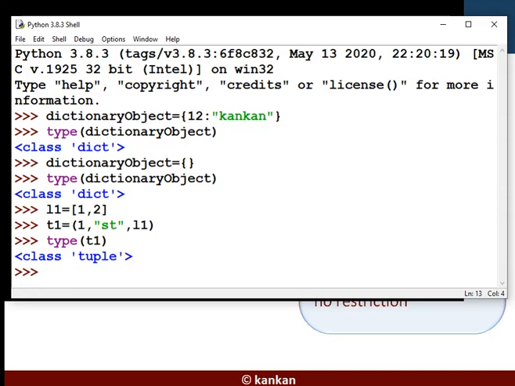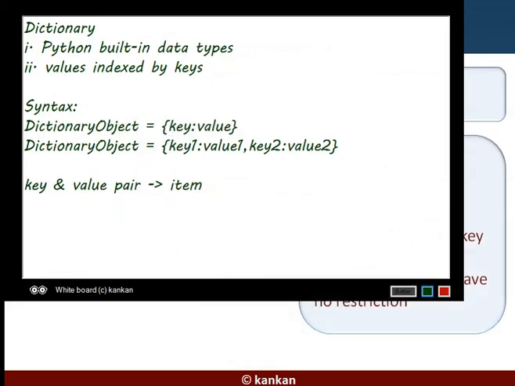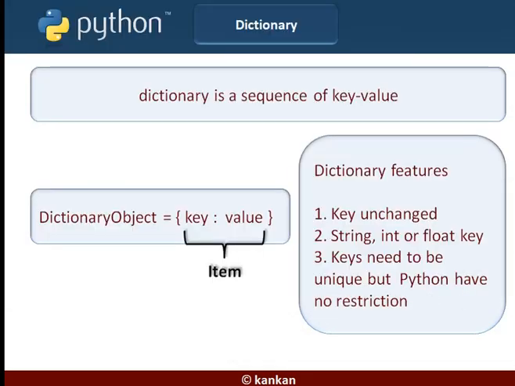Next, keys are unique. Unique keys are used to find the exact value, but if you repeat a key, then it is meaningless. Keys need to be unique, but Python has no restriction.